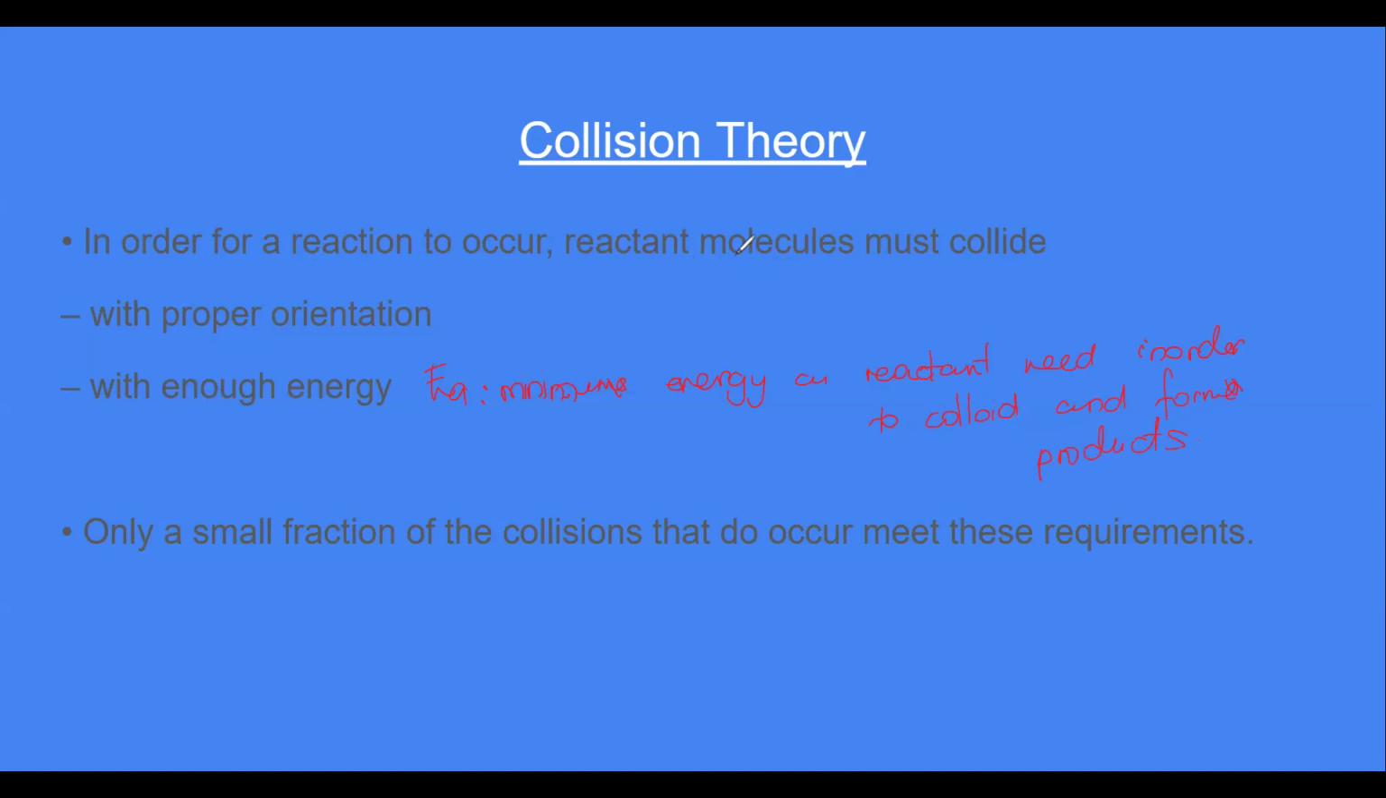All right, so they must collide with the correct orientation. As a result, only a small fraction of collisions meets these requirements. It is not every collision that is going to be successful or effective to convert reactants to product. In order for reactants to form product, they must collide at the proper orientation, the correct angle,